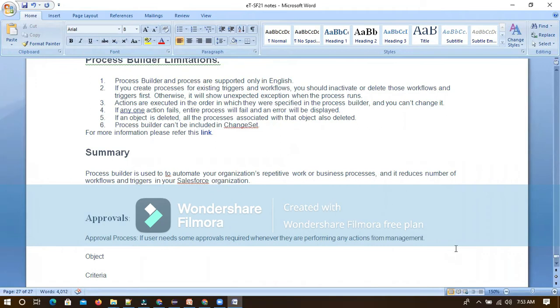Or there will be some users who take care of all this approval-related work, so we can create a public group. That public group we can utilize for the approval purpose, or we can also create a single individual user, or role-based users. So we can send the request to them. Likewise, when we request leaves, it can be either approved or rejected.